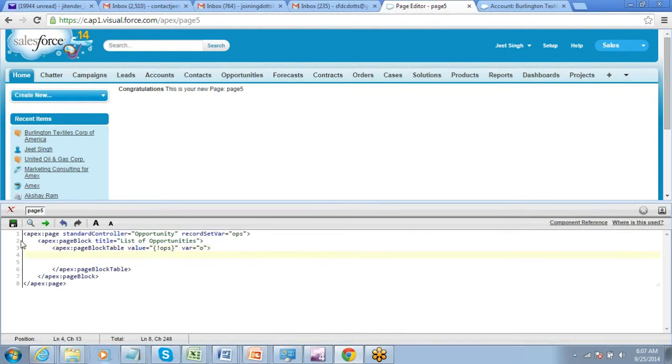The way we created a table for accounts, we are creating a table for opportunities.